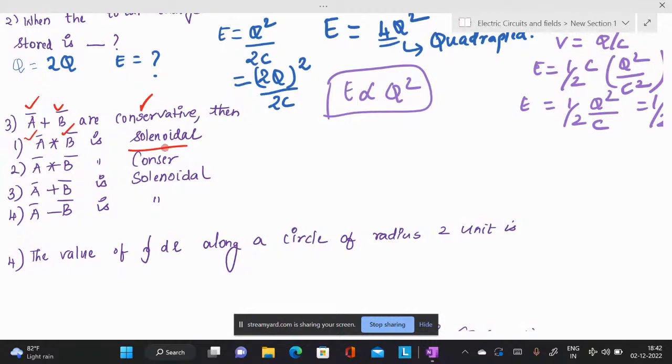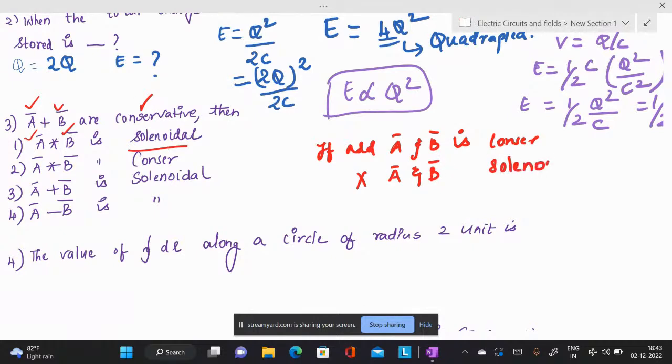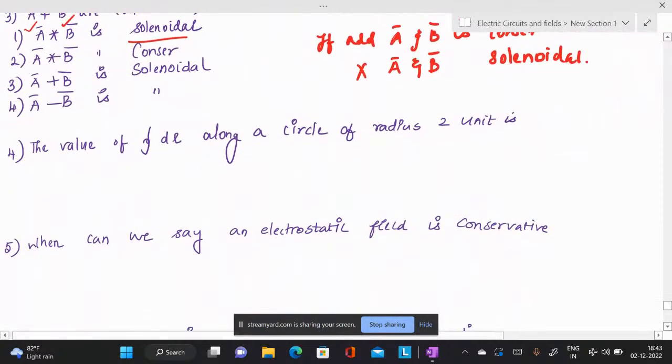I repeat, if addition of two vectors is conservative, then multiplication of two vectors is solenoidal. Okay, this you have to remember. Which in other words, if multiplication of two vectors is solenoidal, which denotes the addition of two vectors is a conservative vector. சரிங்களா? Next fourth problem, the value of integral of dl along a circle of radius 2 units,